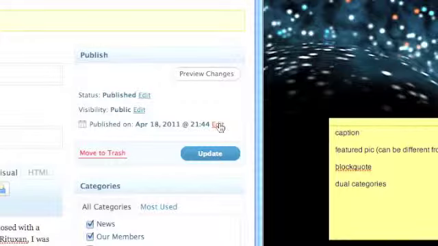And the next thing that we're going to do is I'm going to actually put a photograph inside the post and show you how the caption works, plus the block quote area, plus the last thing you need to do to make sure that